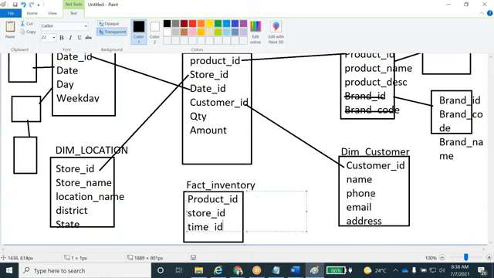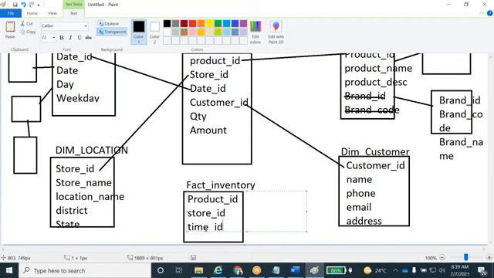The customer doesn't care how much inventory is there, what the inventory is, all those things, right? Customer is related only to the sales table. The transactions happen, and then they generate the sales data. That's the only place the customer appears. He won't be related to any purchase order table or any inventory table.